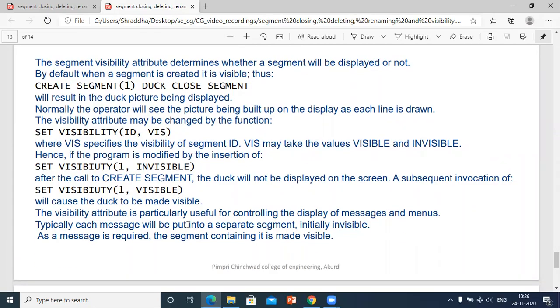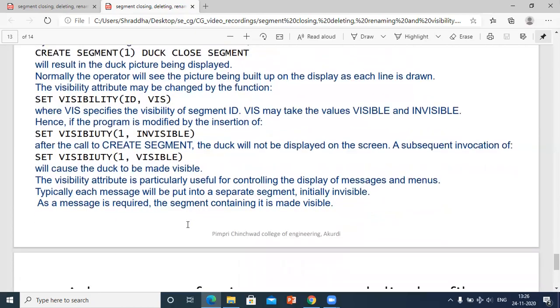The very important point is that each message is put into a separate segment, which is initially invisible, and only when the message is required will the segment change from invisible to visible mode.